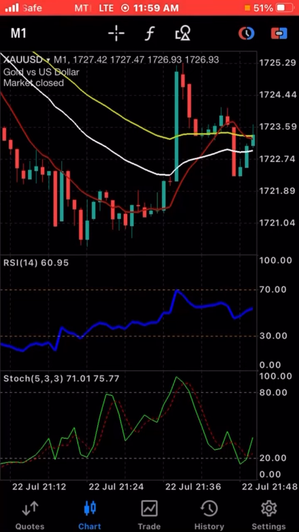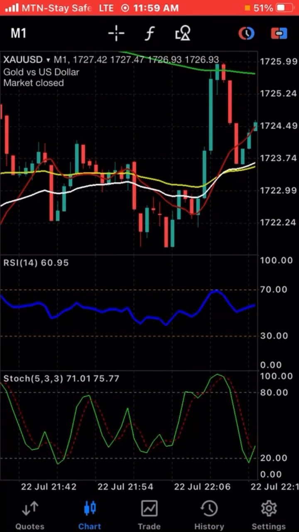Between 70 and 100, you can place what? A sell order, because the market has been overbought. Okay, so that is the simple rule for using the RSI